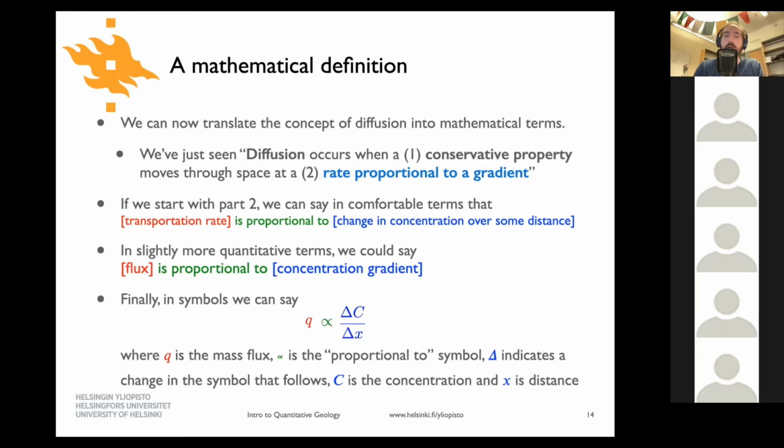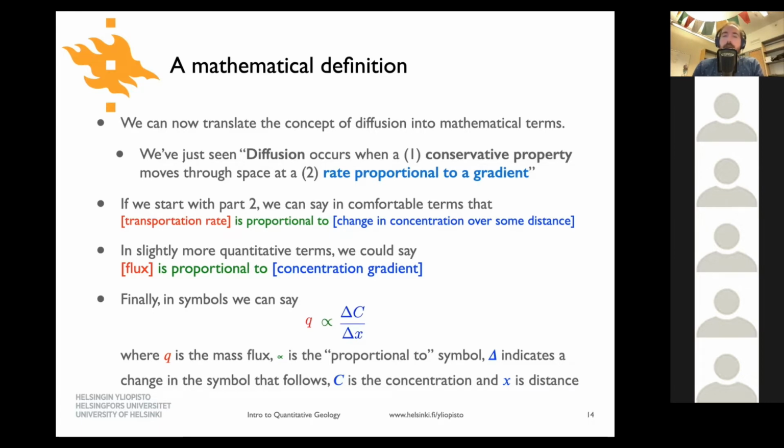So if we were to replace this now with mathematical symbols, our Q, the flux, is proportional to, that's the sort of alpha-looking symbol, the change in concentration, delta C, divided by some distance delta x. Okay, x could be any distance, doesn't have to be horizontal, could be vertical, whatever. It's just some distance delta x, and the concentration here we're indicating with capital C. So this is basically how we're going to go from converting our kind of glossary or dictionary definition to the